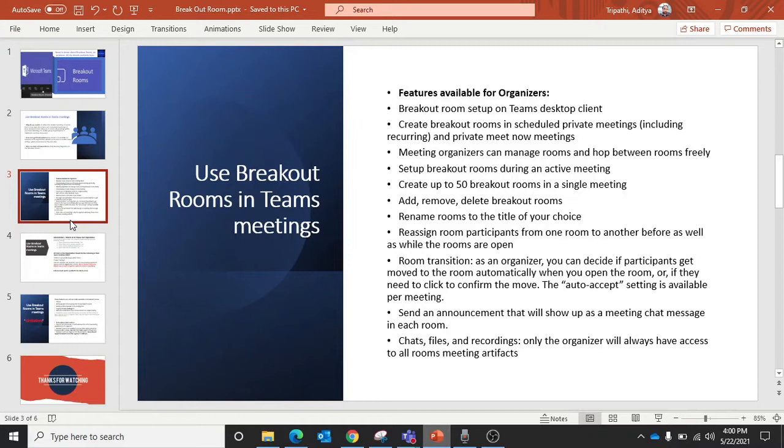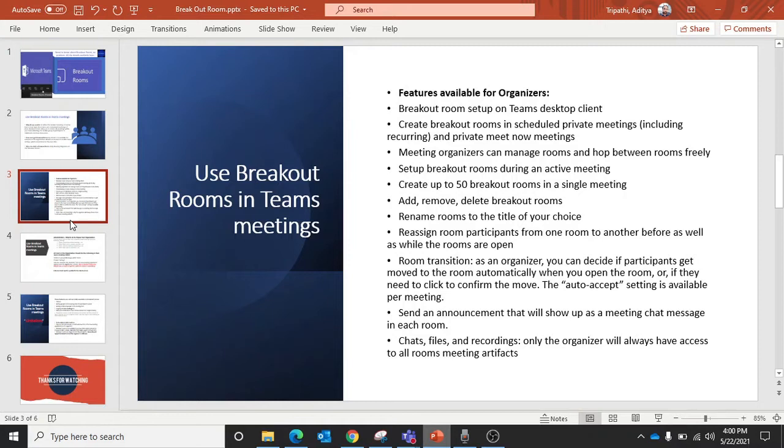Meeting organizers can create up to 50 breakout rooms in a single meeting. Meeting organizers can rename the rooms to whatever name they want.